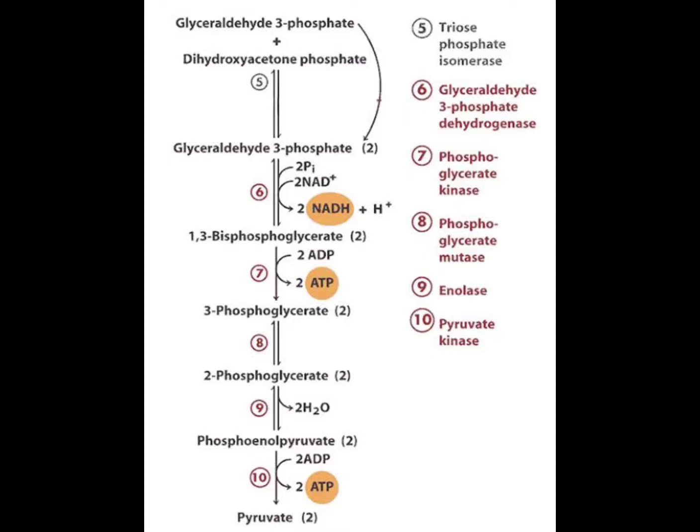Thus, the first phase results in cleavage of the hexose chain. This cleavage requires an investment of 2 ATP molecules to activate the glucose molecule and prepare it for its cleavage